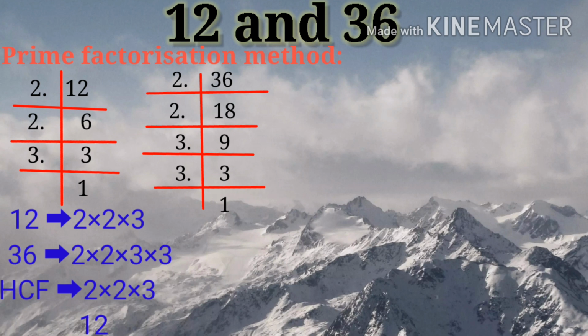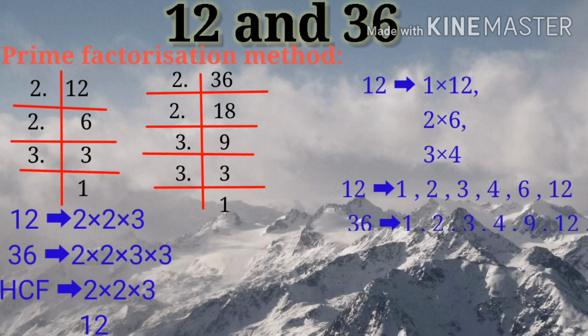Students, the second method, just understand it carefully, listen carefully, which is very simple. See, I will resemble each and every term with the HCF. So in HCF, F means factors, not prime factorization, it's factors only, and you have taken out the factors of different numbers in the previous exercise. Many questions you have done. So take out the factors of 12: 1 into 12, 2 into 6, and 3 into 4. The factors of 12 are 1, 2, 3, 4, 6, and 12.